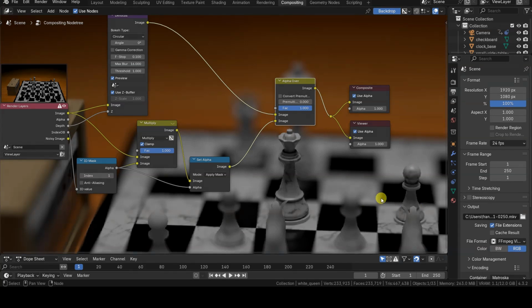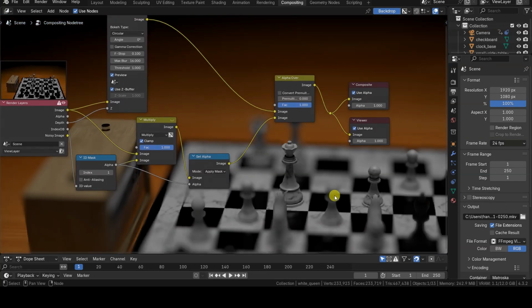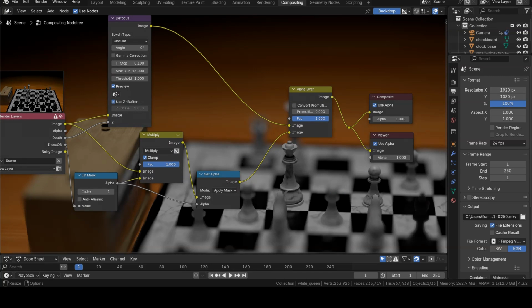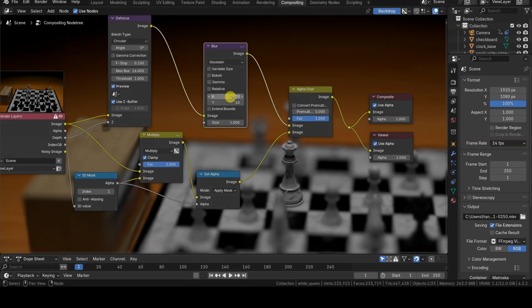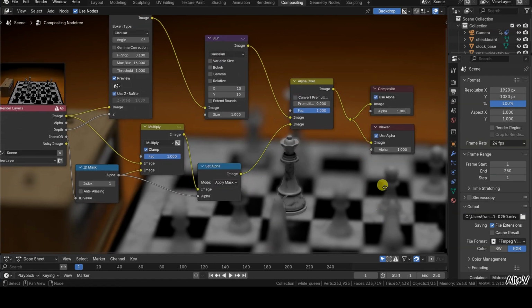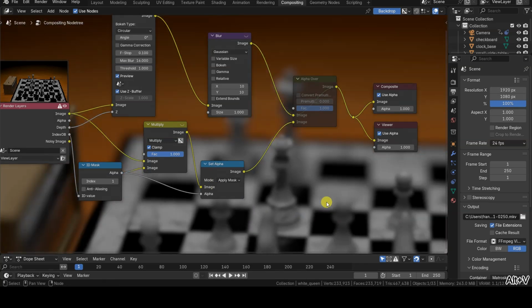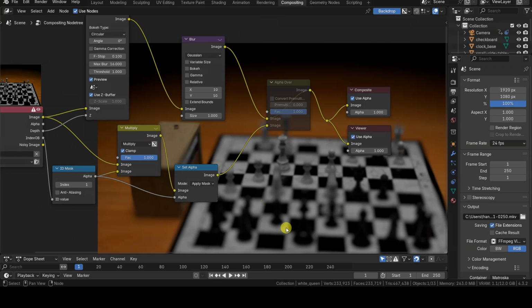We now need to add an additional blur to all other elements that are at the correct distance from the virtual camera, excluding, of course, the White Queen. This can be easily achieved by further blurring the output from the defocus node using a blur node with appropriate blur values. The defocus node applies an initial blur based on the depth of field, making objects farther from the White Queen blurrier than others. Then the blur node adds an additional layer of blur to the entire image, affecting all remaining elements.